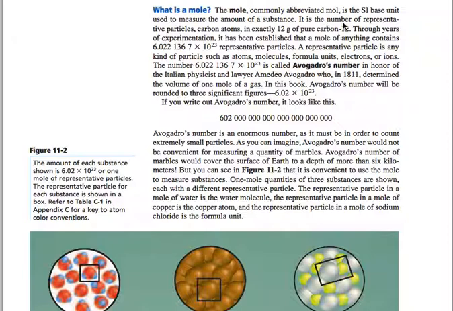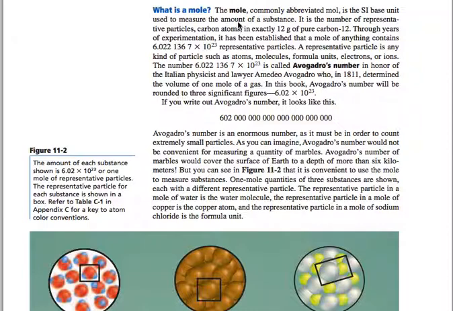It is the number of representative particles, carbon atoms, in exactly 12 grams of pure carbon-12. Okay, so there is 1 mole of carbon atoms in 12 grams of pure carbon-12. So they took 12 grams of pure carbon-12 and they counted scientifically how many atoms,